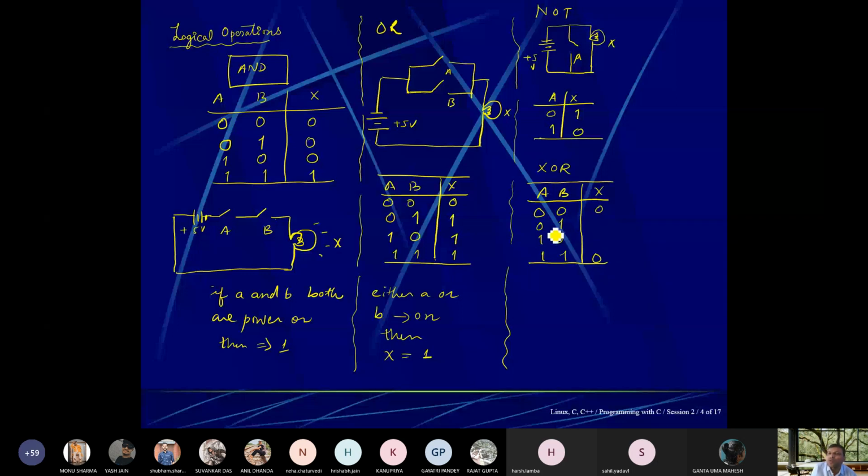And if the inputs are different, then only the output will be 1. It is very similar to the OR gate, but exclusively for this particular purpose it turns on. That is why it is known as XOR. If both the switches are on or both are off, then the output will be always off. But if either switch is on, then the output will be 1.